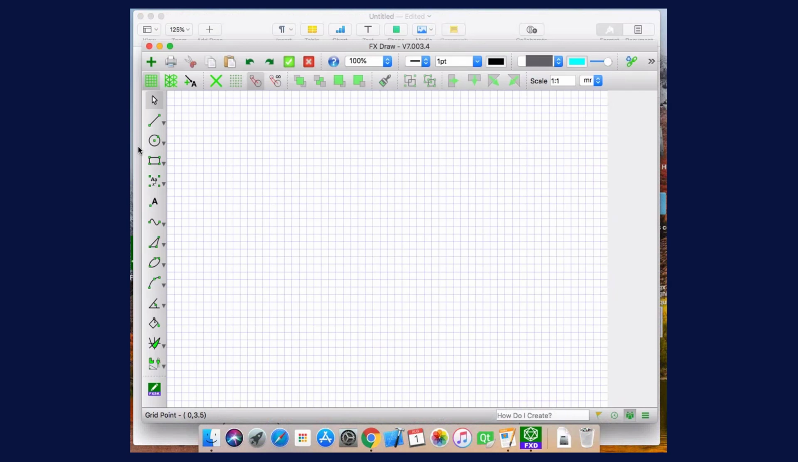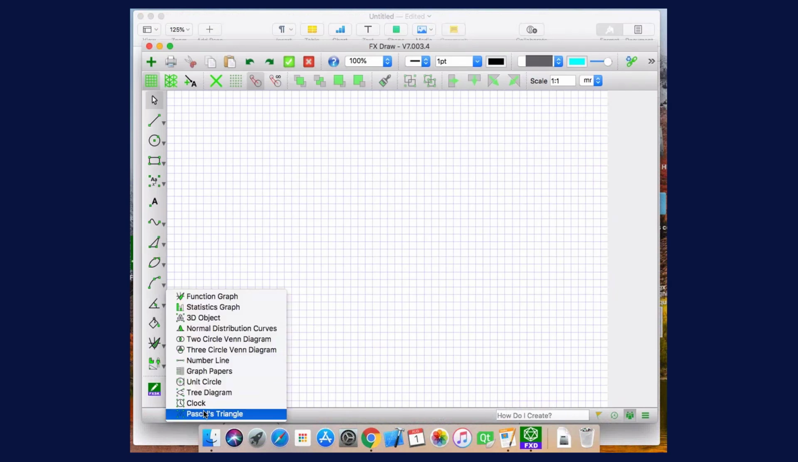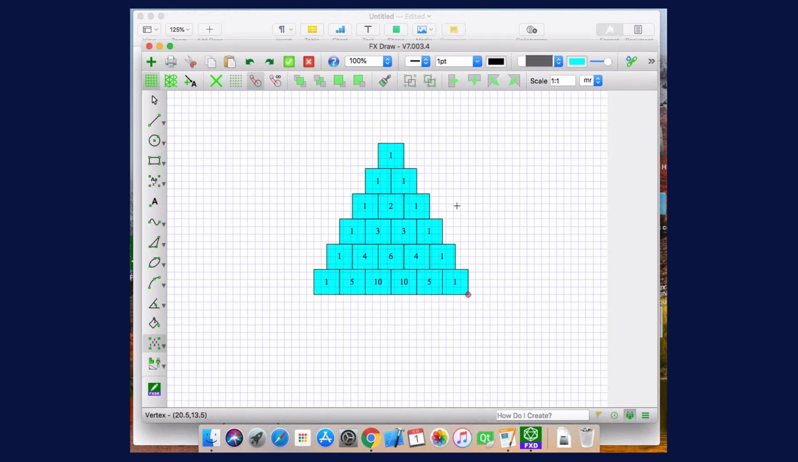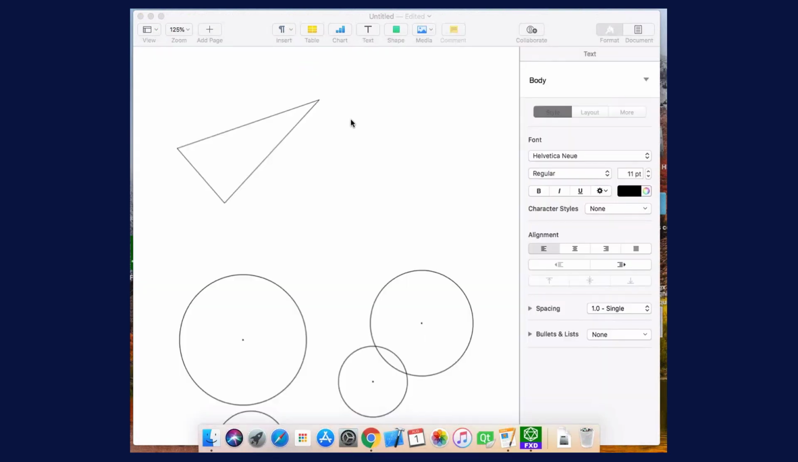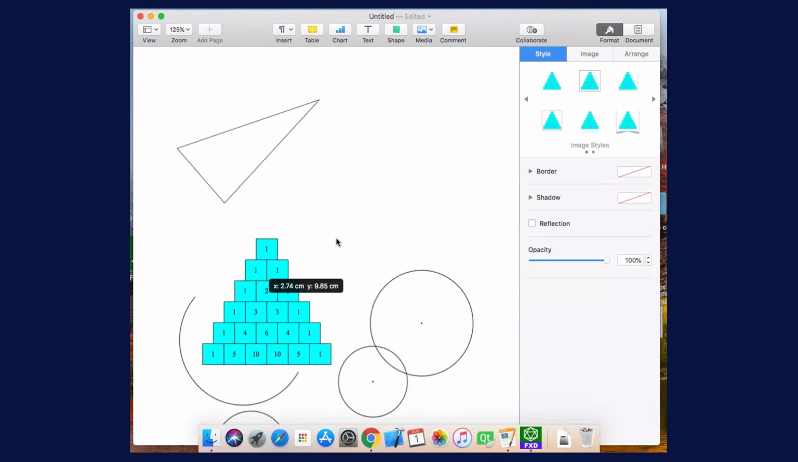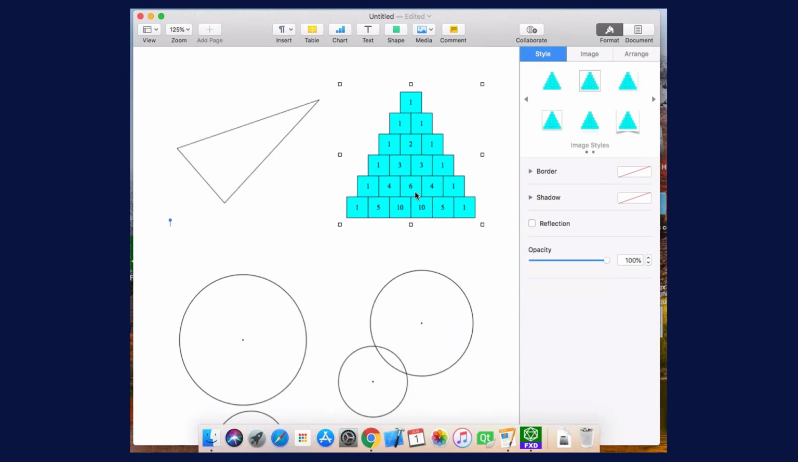FXDraw, draw your diagram, so we'll create Pascal's triangle, and once you've completed that, push on the green check mark and you'll turn to Pages, go into Pages and paste your new graphic. And depending on the resolution you've got set, you might have to do some resizing, and that graphic is now